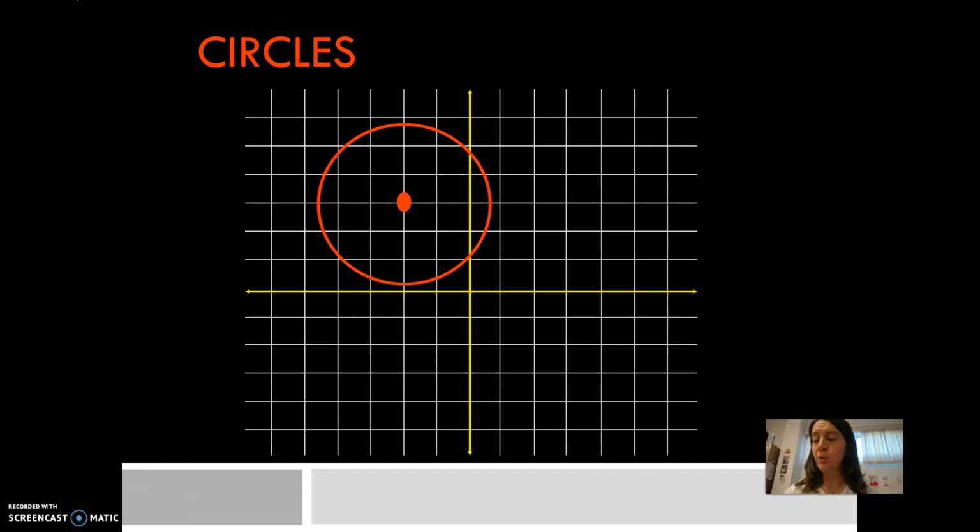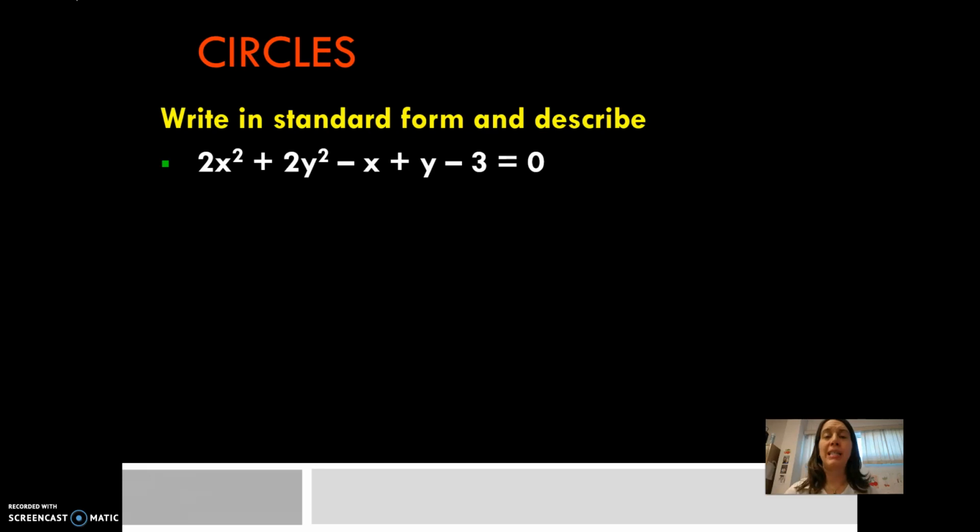My radius was right about that 2.65, so I moved in each of my directions and I connected those in order to make our circle. Those are the kind of examples that you students will be responsible for when it comes to our tests and quizzes, but I did want to show you one more example of a circle,